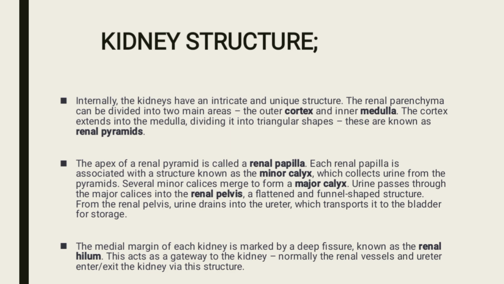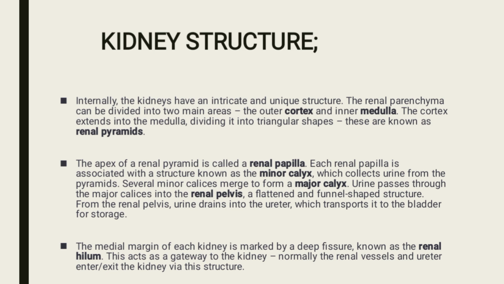Then kidney structure includes the inner aspects of the kidneys, which are mainly divided into two areas: the outer cortex and the inner medulla. The cortex extends into the medulla, dividing it into triangular shapes. These are known as renal pyramids. The apex of the renal pyramid is called a renal papilla. Each papilla is associated